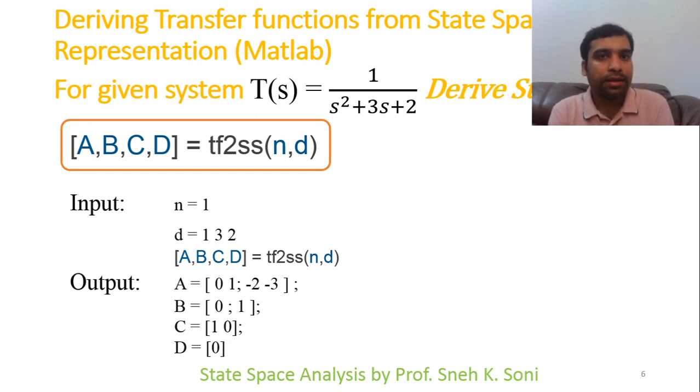But also keep in mind that every time you will not have the same representation, because the MATLAB algorithm may be using different forms like controllable canonical form, observable canonical form, or any other advanced representation method. So in that case, you need to check that the determinant of matrix A should be equal to the MATLAB simulation determinant of A. If those two values are the same, then we can say that they are the same. So a single system can be represented in multiple ways when we use the state space method, whereas in the case of transfer function, there is only one representation. So this thing you should keep in mind.